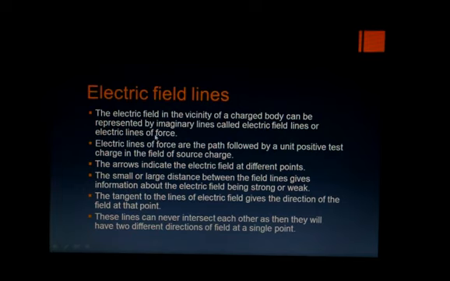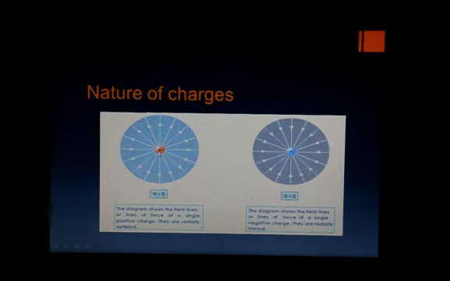As earlier I told you, you can see here, this is a unit positive charge, and how the lines are directed. These are directed outward. We say radially, we use the word radially. Why? Because the space around the charge is spherical in nature, and this gives you the radius of the circular path, and the lines are directed along the radius of the circular path. That's why the diagram shows the field lines of force of a single positive charge.